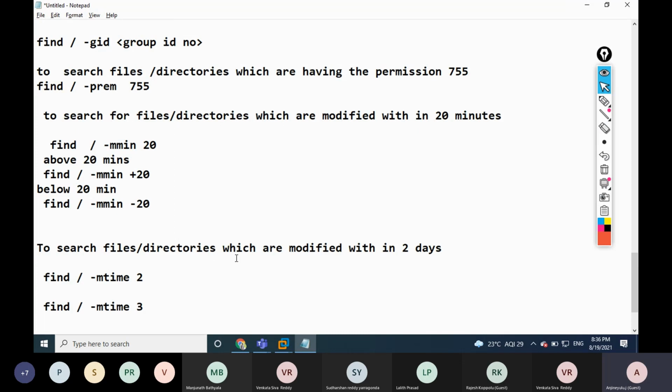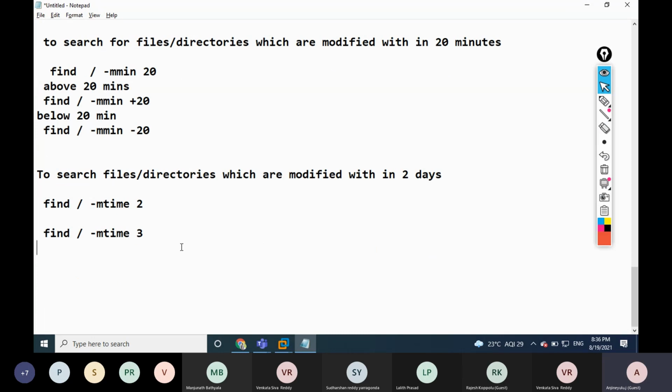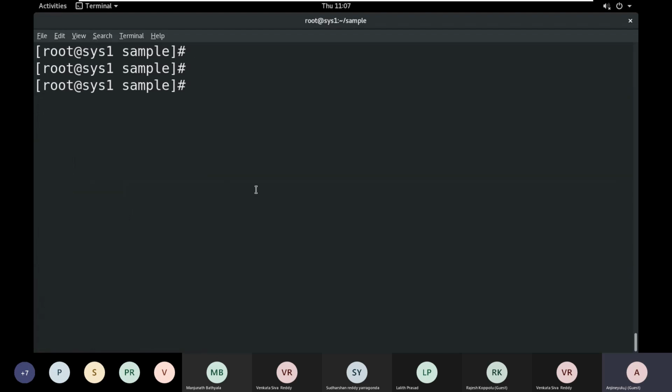Okay. And then we have another 4 commands. Like that, how to find out some particular files, then how you can delete them. For example, I want to search all .mp3 extension files and delete them. How can you delete that? First, see how to search. Very simple. We can give find hyphen name, now double quotation and star dot mp3 only.